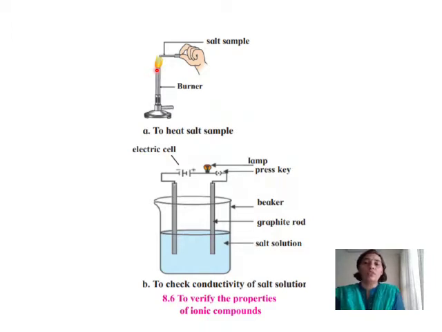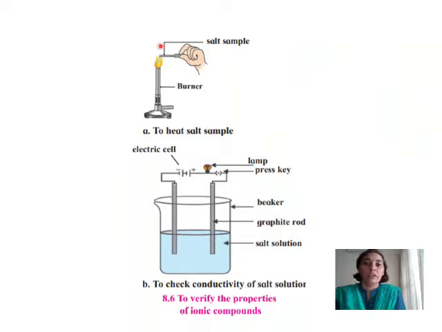Now, we have just studied that ionic compounds have a very high melting point due to very strong electrostatic forces of attraction. And all these samples which have been given to us are ionic compounds. That is, they are formed between metals and non-metals. NaCl, KI, that is potassium iodide: potassium is a metal, iodine is a non-metal. And barium chloride: barium is a metal and chlorine is a non-metal.